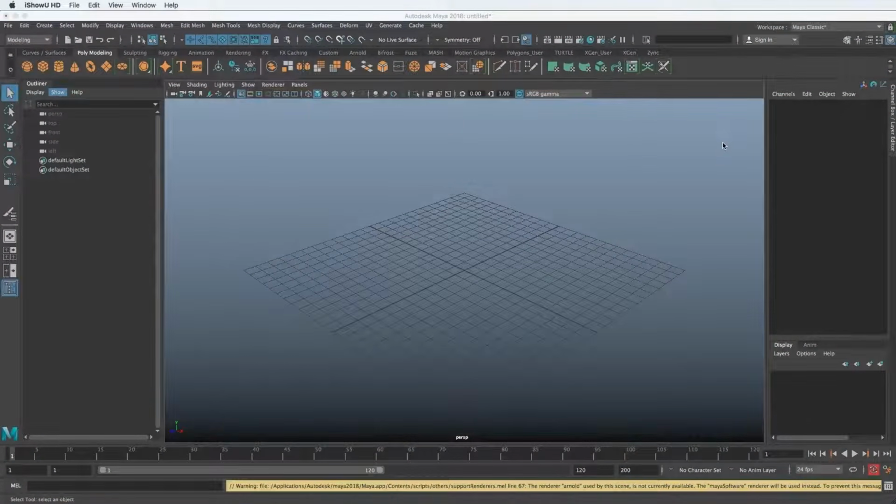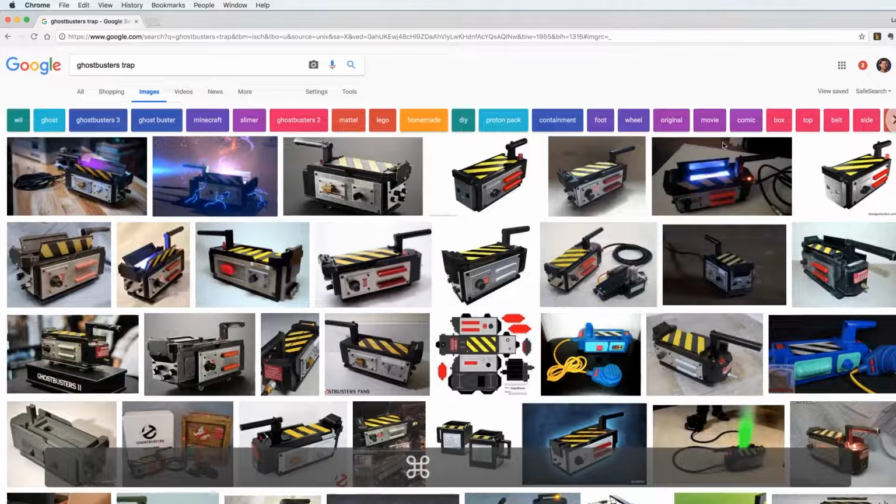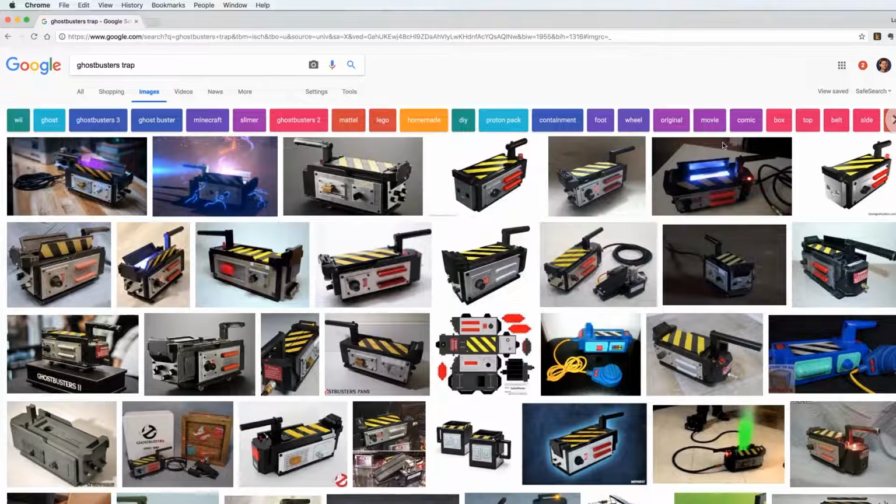Welcome to this 3D modeling class where we will create a Ghostbuster trap so we can start to learn the 3D modeling tools inside of Maya. Anytime you start modeling something, you want to look at reference. In case you don't know what a Ghostbuster trap is, you can just Google it and find some images. And we're going to use this just as a template, not really as an exact match that we're going to try to get,